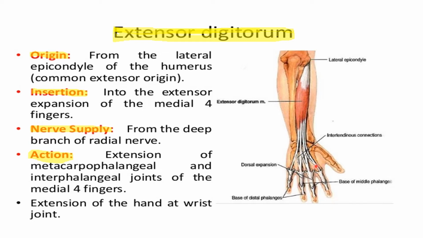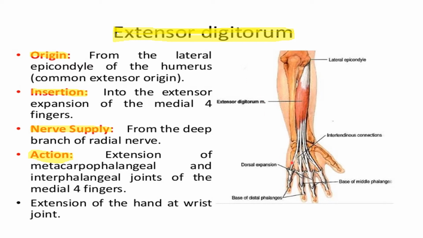On the dorsum of the hand, these tendons spread out and reach the digits. They are linked together through intertendinous connections that restrict the independent movement of each tendon. This dorsal expansion, or extensor expansion, is the special connective tissue by which the extensor tendons insert into the phalanges.